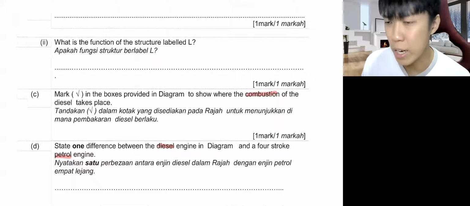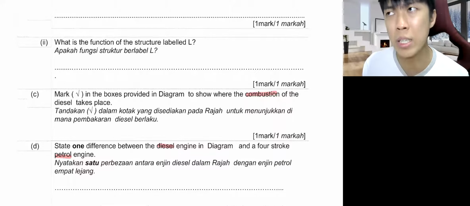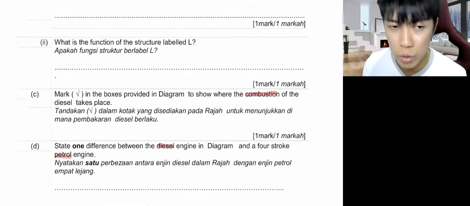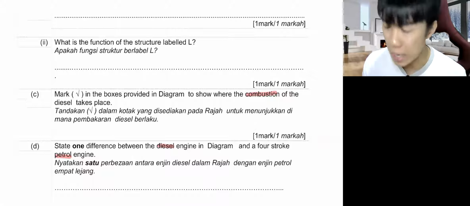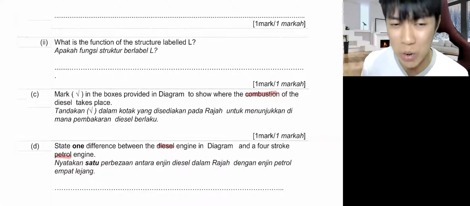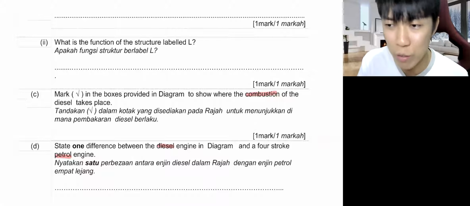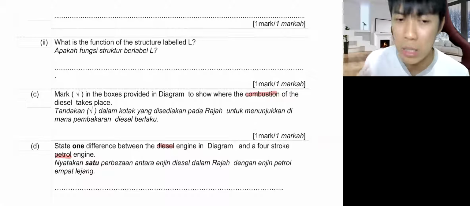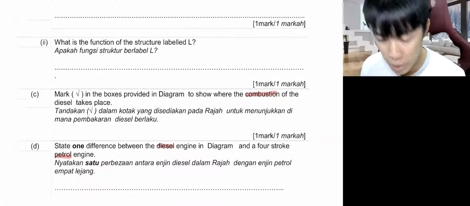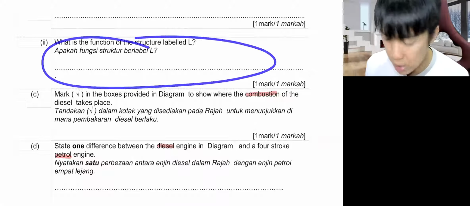Then the function of the fuel injector. Now, fuel injector only happens in the third stroke, which is the power stroke, okay? Unlike the spark plug for petrol engine, it works already at the first stroke. It creates spark in the cylinder. But for diesel, the fuel injector actually injects the fuel, or I should say the diesel, in the third stroke, which is the power stroke. So for this one, you can make it simple. You can write